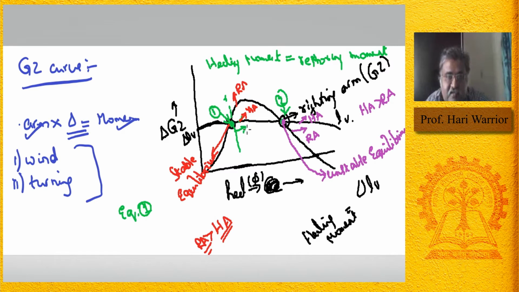So in this GZ curve, when we study it, we should know that there are two places where the curves meet, you just remember it. It's the heeling arm curve due to wind. The wind heeling arm curve looks like this. I am coming to that, we will see what it depends upon. But it can be seen that usually there will be 2 points of equilibrium, of which one will be a point of stable equilibrium and the other one will be a point of unstable equilibrium. The ship is at equilibrium, but it is in an unstable equilibrium. Now let us go into wind heeling arm.